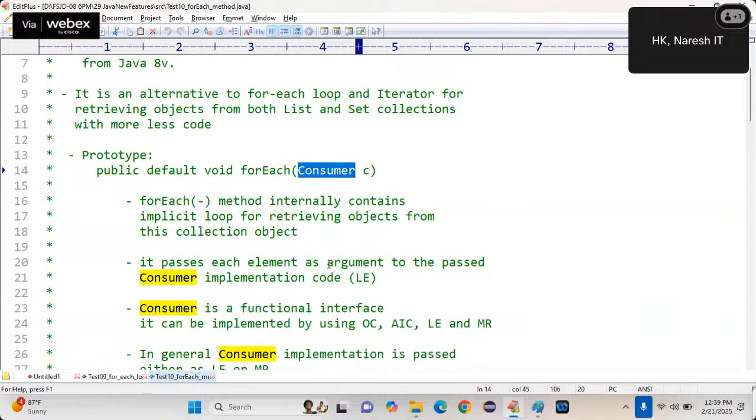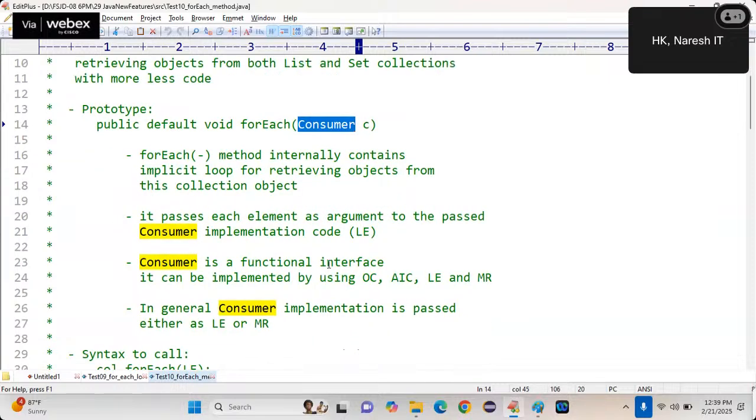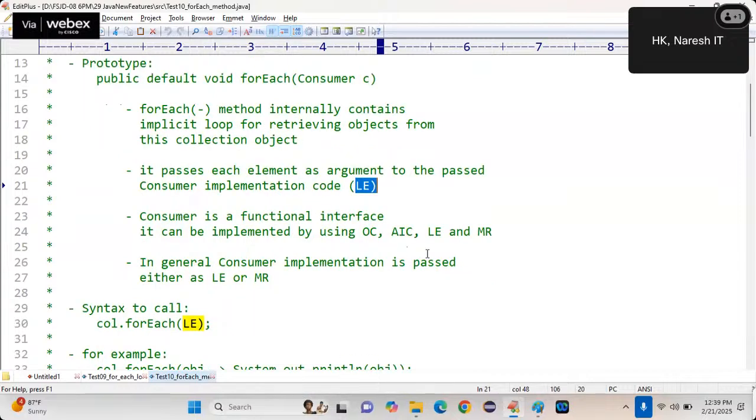The forEach method internally contains an implicit loop for retrieving objects from this collection object. It passes each element as an argument to the passed consumer implementation code, that is the lambda expression. Consumer is a functional interface. It can be implemented by using either an outer class, an anonymous inner class, a lambda expression or a method reference. In general, the consumer implementation is passed either as a lambda expression or a method reference.